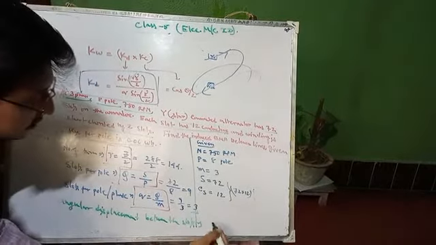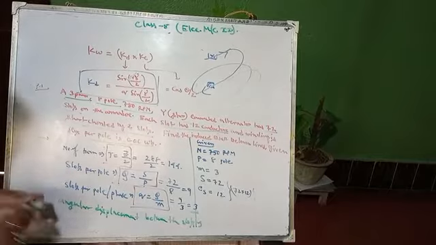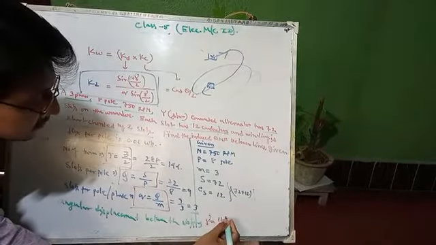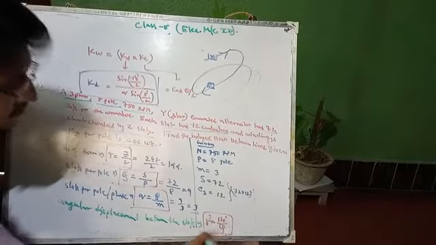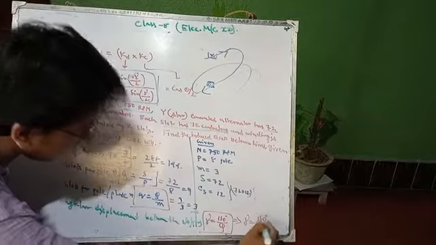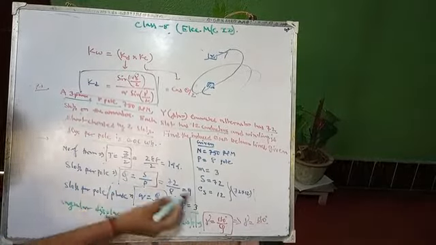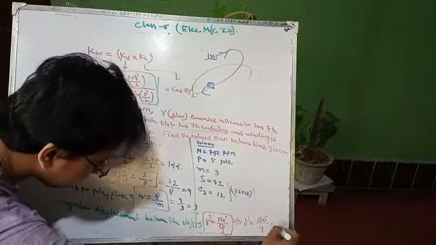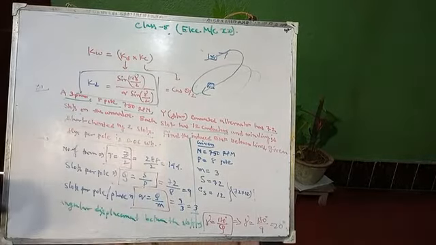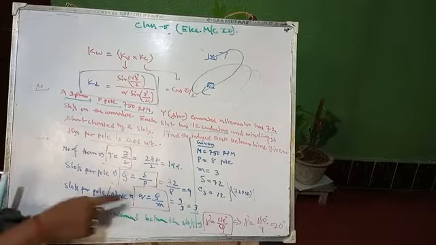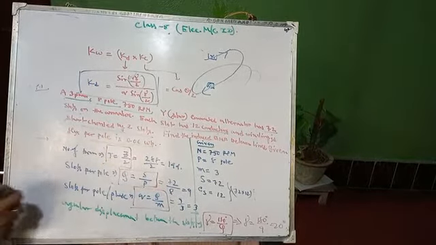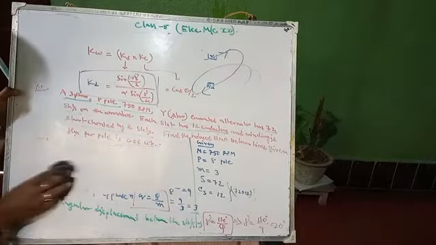What is the formula? Gamma equals 180 degree by capital Q. Here this is another formula. So gamma equals 180 degree by capital Q. Capital Q is 9, so 180 degree by 9 means 20 degree. So gamma equals 20 degrees. Now you can easily put small q equals 3 and gamma equals 20 degree, and after calculating you can easily get Kd.